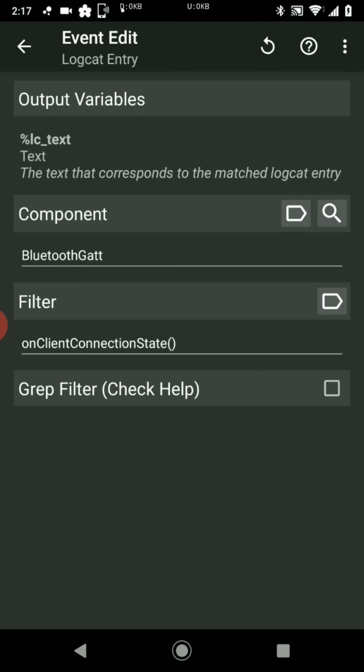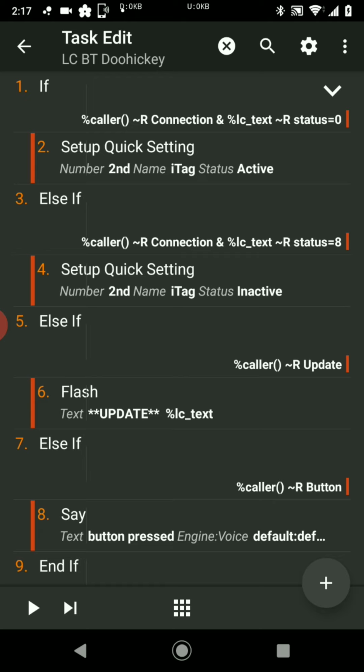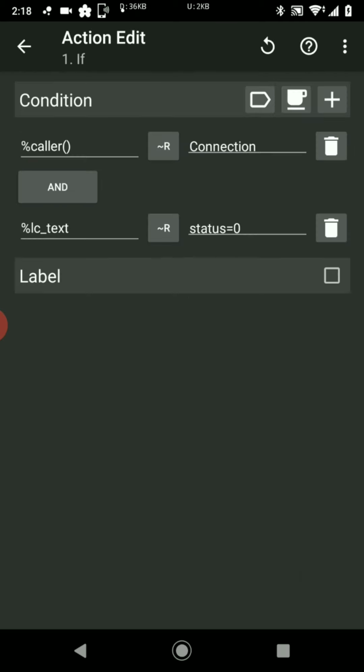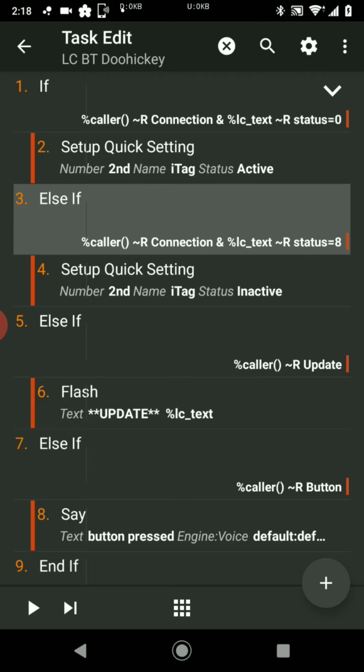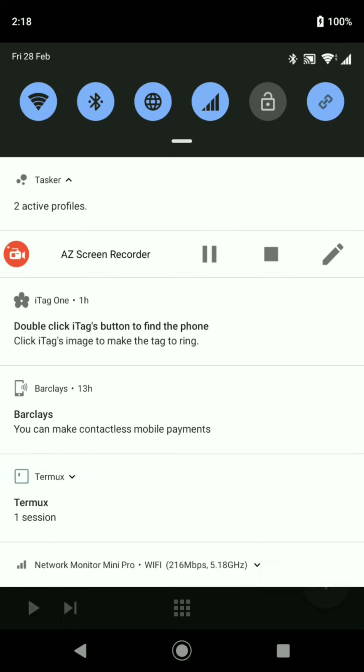The side effect of this is if you have other BLE devices, this may also trigger to them as well. Therefore, in the task of this one, I'm looking for specific values in the logcat event that appear to be present when this connects and disconnects. For example, when it connects, there's a bunch of arguments, and status will equal 0 when it's connected, and when it's disconnected the status will be 8,